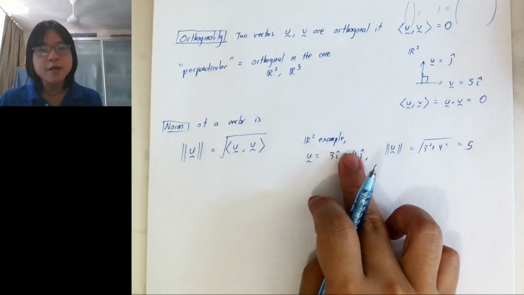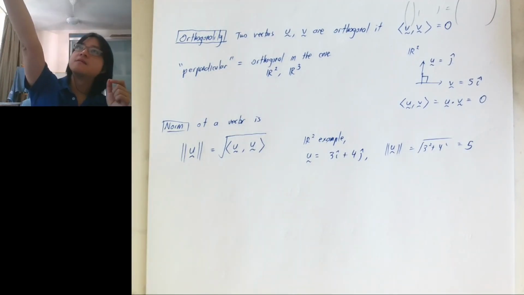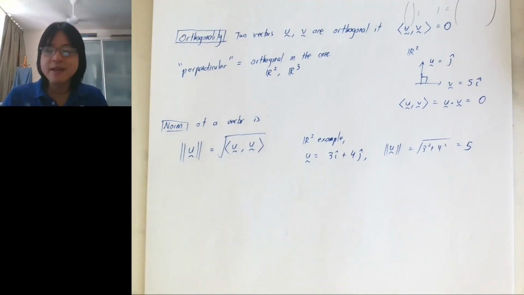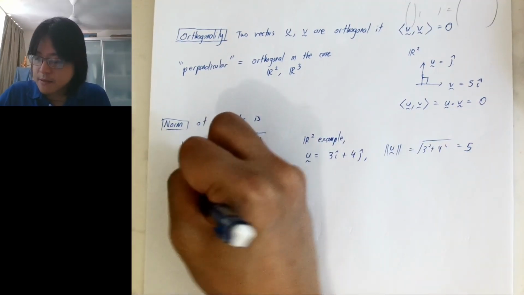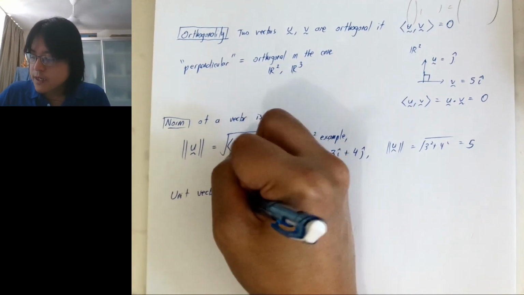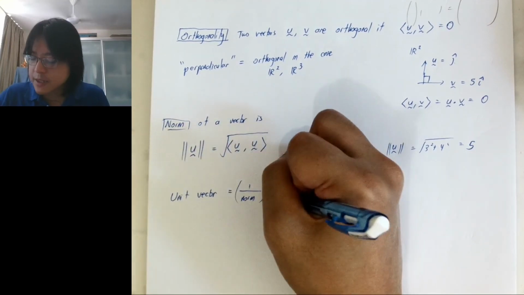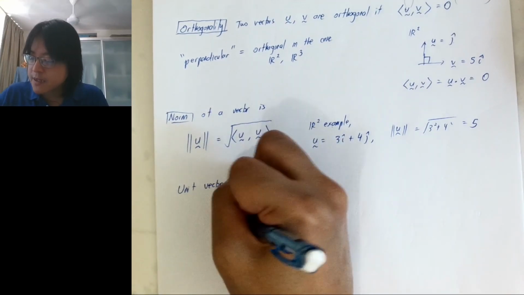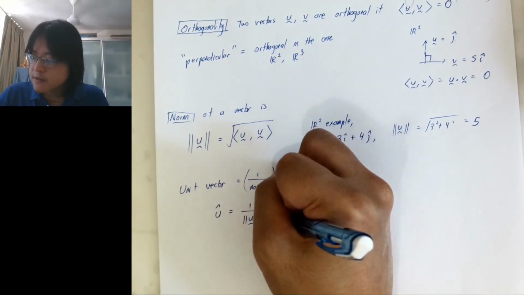So in R2 we call it the length, but again, when a vector is a complex number vector, what does it mean by length? Well, we call it a norm. It's something like the length. Once you've got the length, given any length, we can always calculate the unit vector. It's just 1 over the norm. This is a number, so you do a scalar multiplication times a vector. So if I want to find the unit vector of u, you just take 1 over the norm of u times the original vector u.